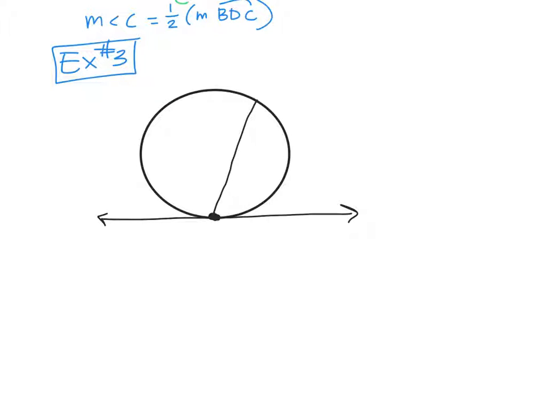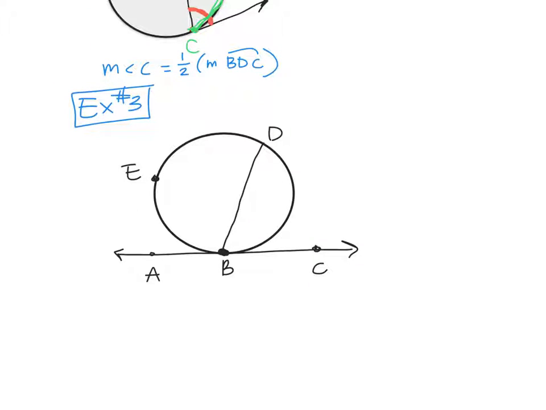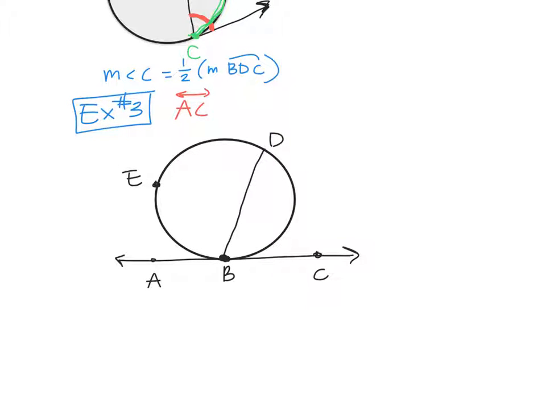So let's say you have A, B, C, D, and E. Okay. Here's what this problem says. AC is tangent. Okay, AC is tangent to the circle. The measure of arc BED